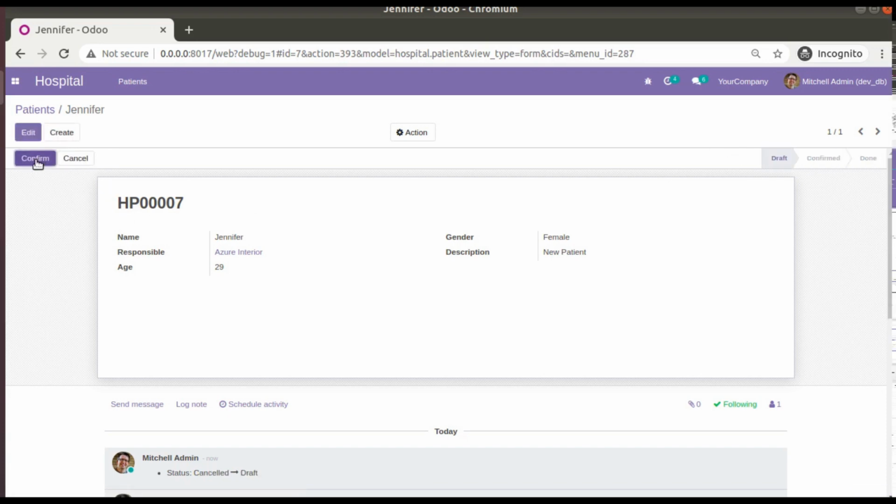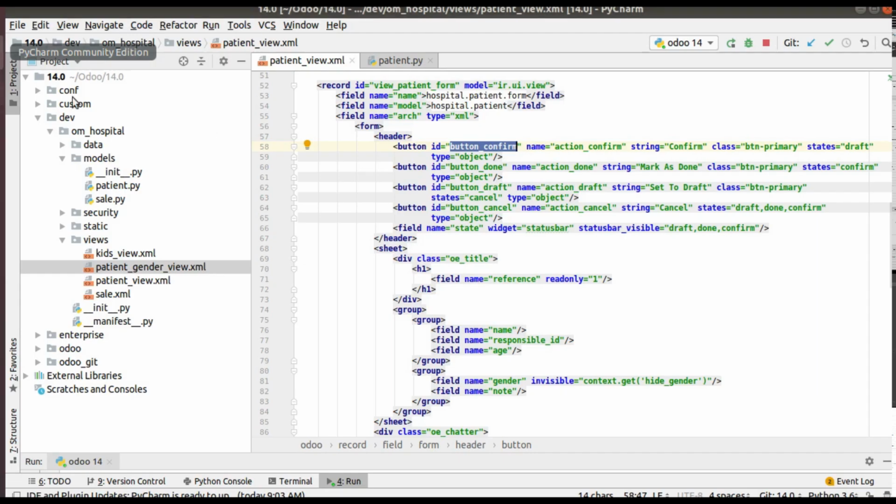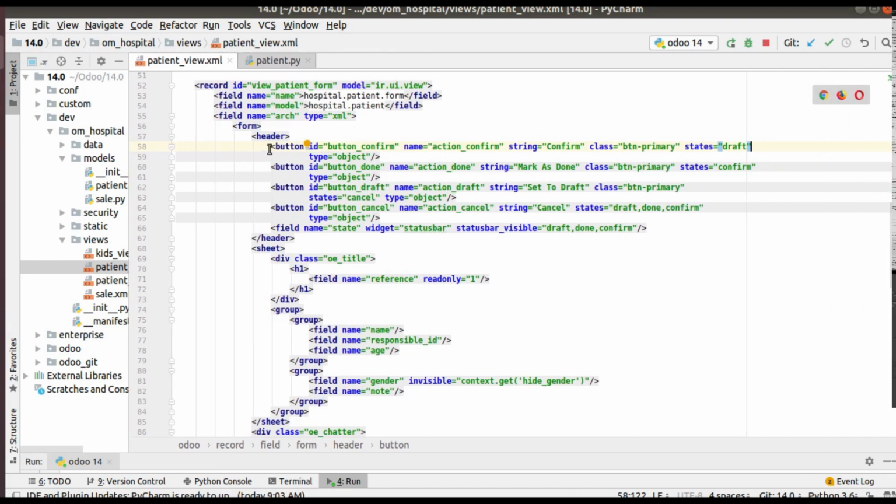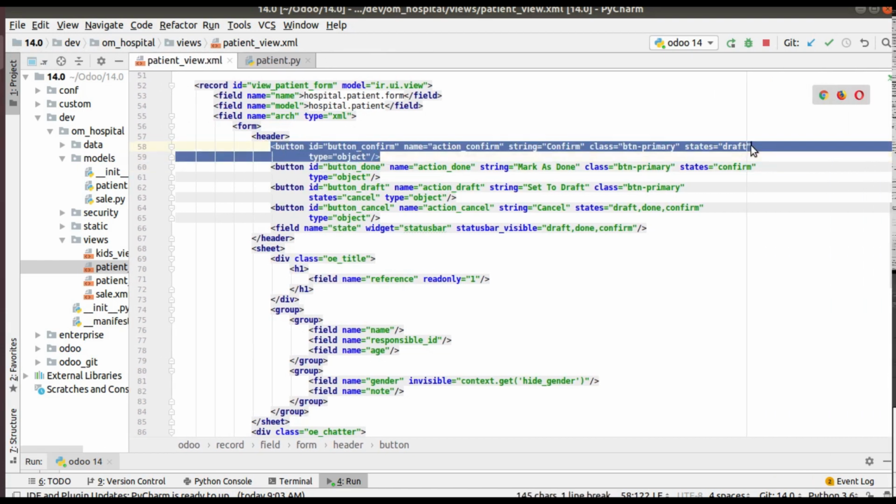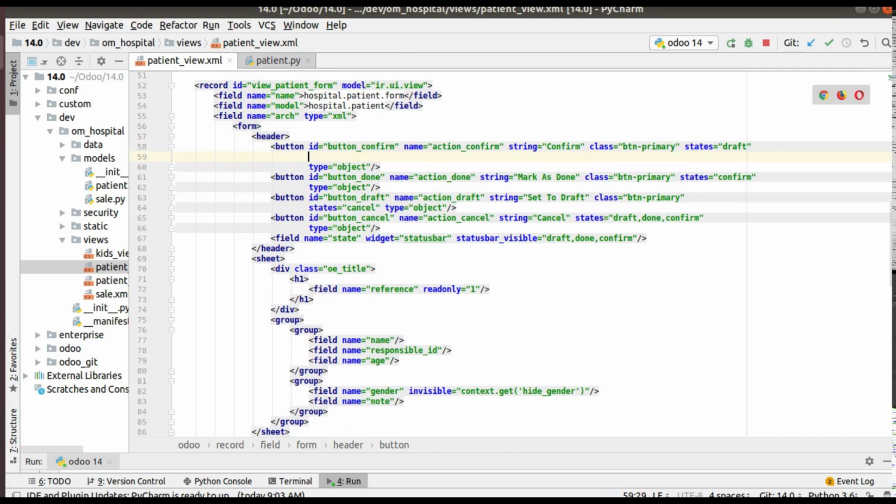So let's see how we can ask for a confirmation message before doing it. It's simple. Along with the button definition, this is the button code, you have to add one more attribute, confirm equal to, and you can enter a string which will be shown in the UI.